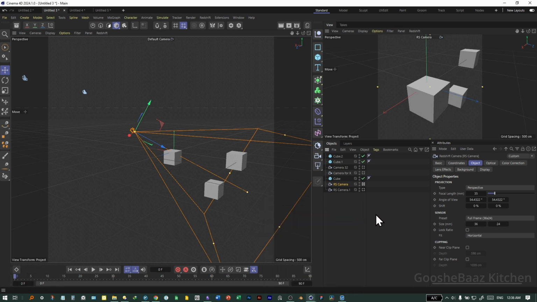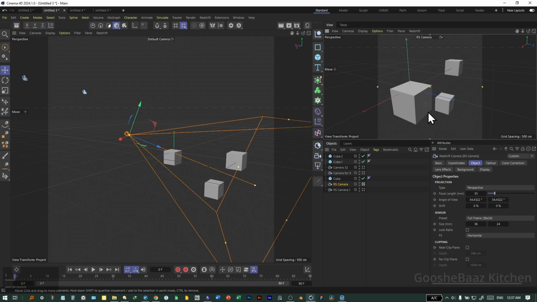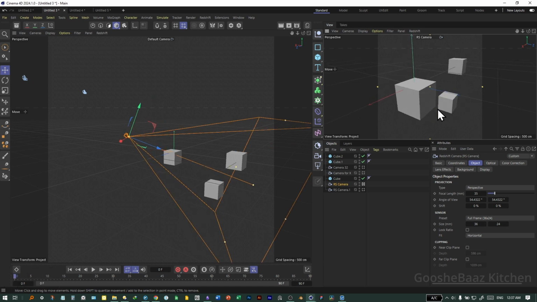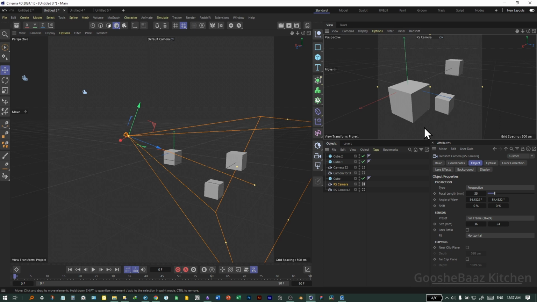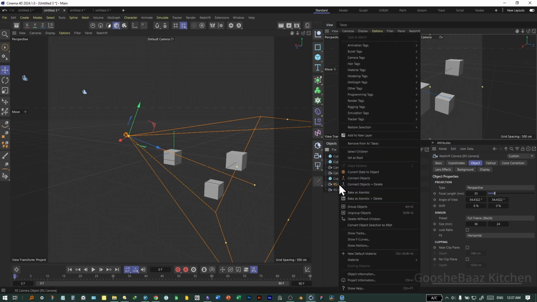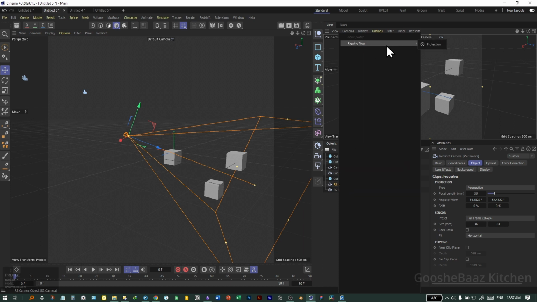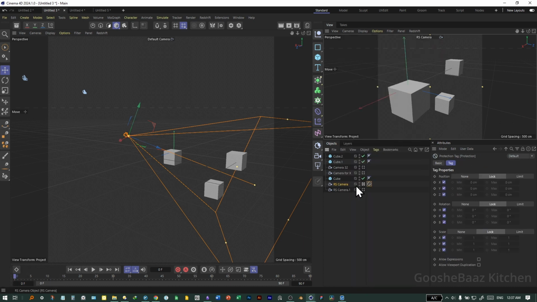There are two very common setups for cameras with tags in Cinema 4D. One is to lock the camera to prevent accidentally moving it. As you can see, when the camera is activated and I move it, the camera location is updated, and you can undo it, as I mentioned, with Ctrl-Shift-Z or redo it with Ctrl-Shift-Y. What if I want to lock it to prevent accidental moves? You can right click on the camera in the object manager and search for protection. In the rigging tags, there is Protection, and when it's added, in the attribute panel,